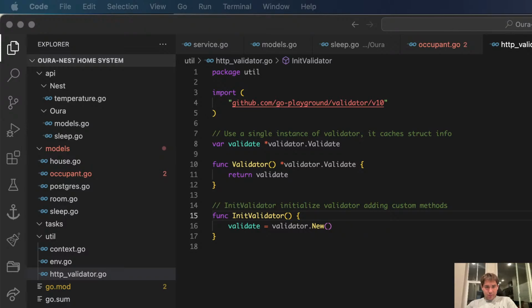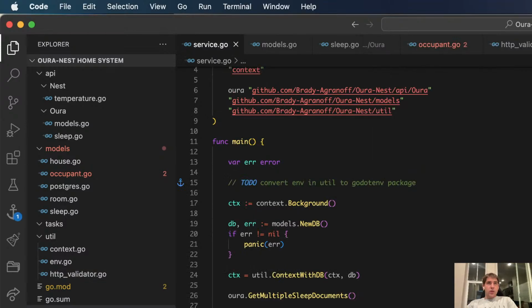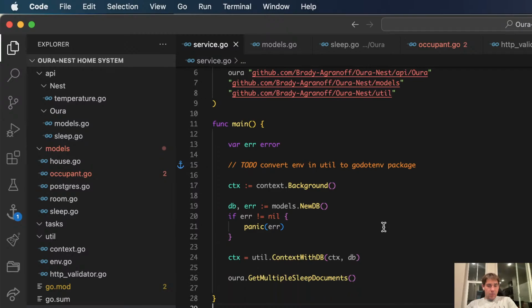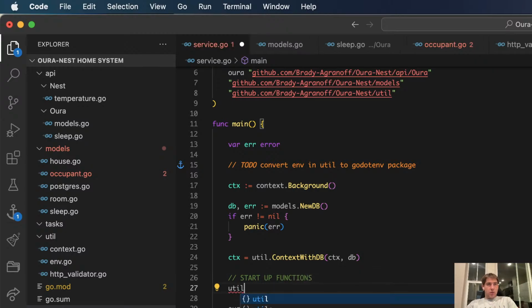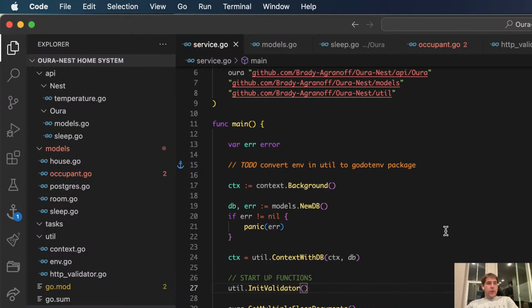Yes, I do. So we go to service. Why not? I'll call it literally the exact same thing again. So there's all the setting context, and we'll call it startup functions dot mint validator. Cool. So that should work.